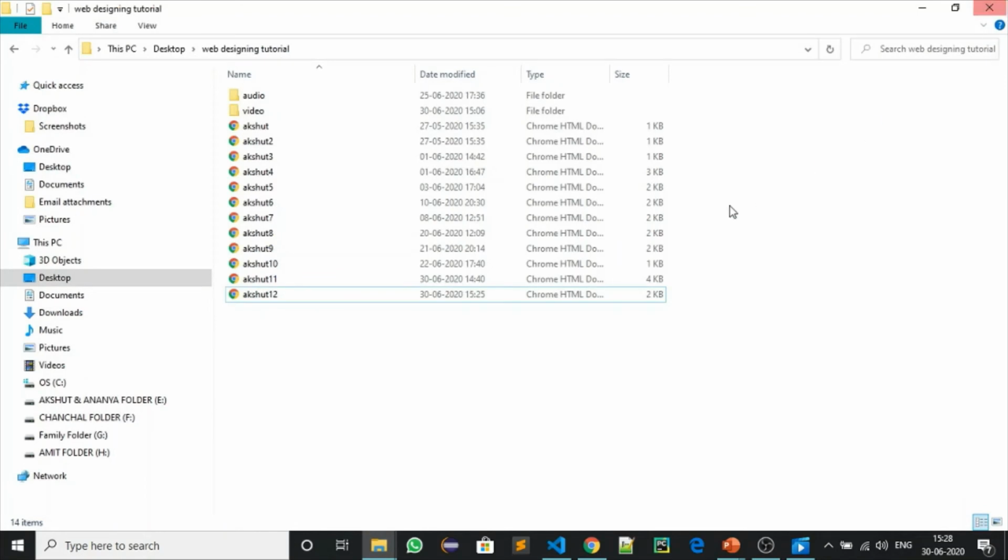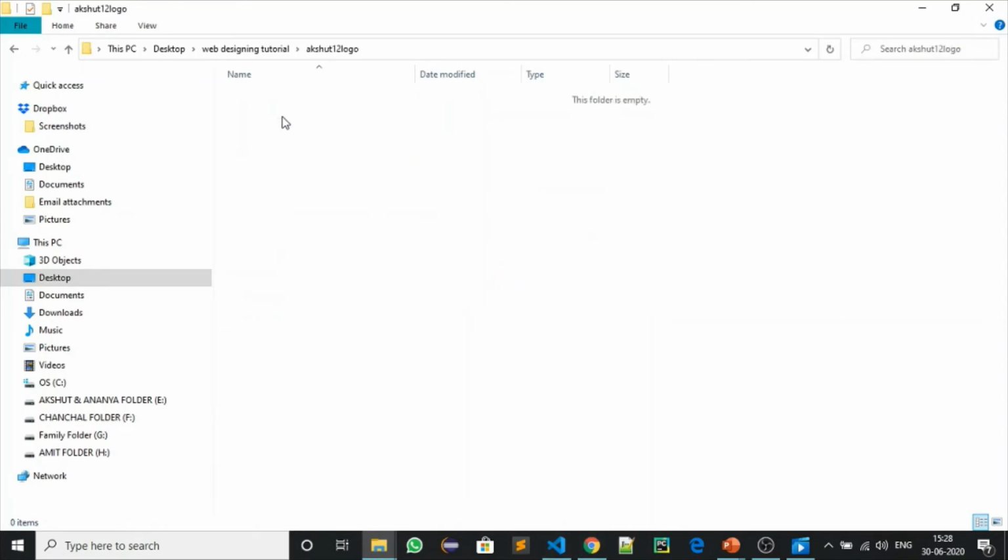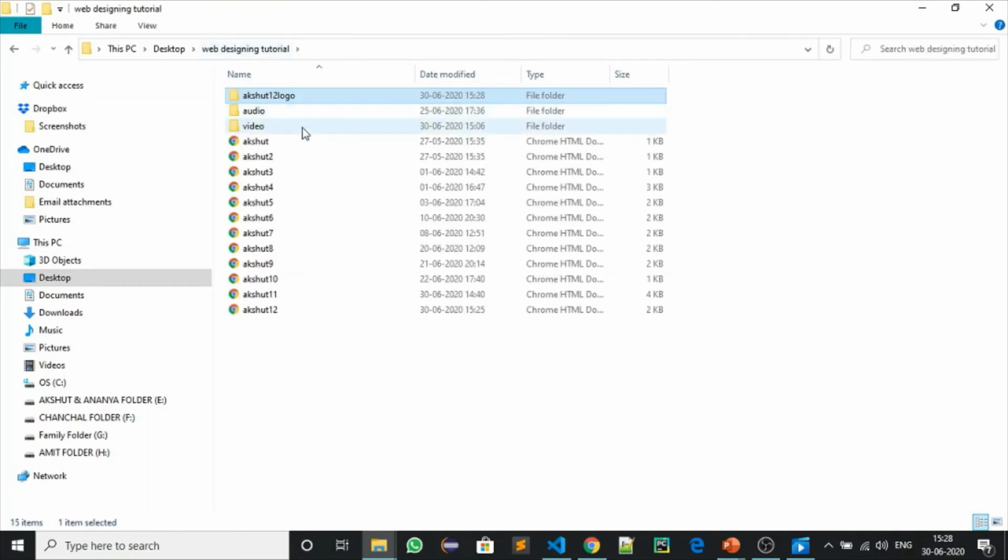I will name it Akshar 12 logo. Now I will paste it here. So you can recognize here Akshar 12. What is the Akshar 12? I have named it Akshar 12 because it is the Akshar 12 file that I have made today.